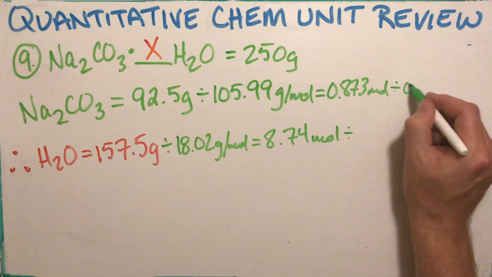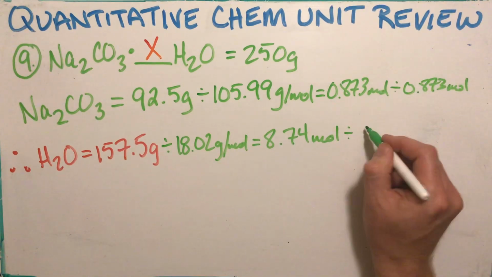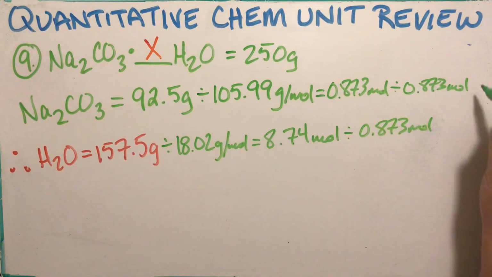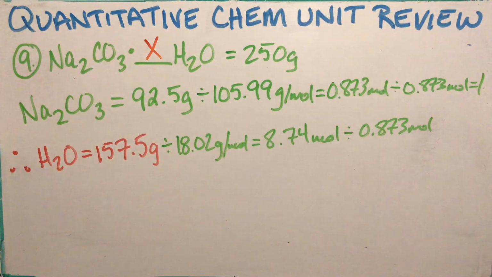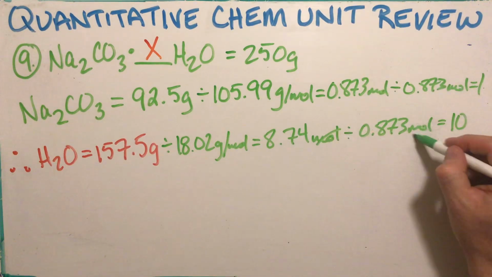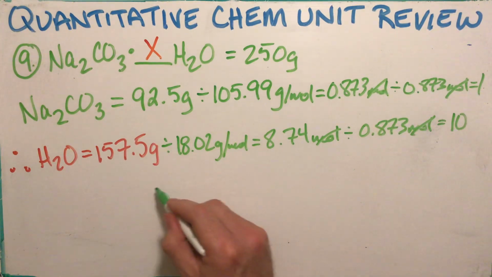Well, that's the one that starts with 0. This one starts with 8. 0.873 moles. When I divide that one out, I get a 1. And when I divide this one out, I get a 10. And the moles, they all cancel out. Moles divided by moles is no moles. So therefore,